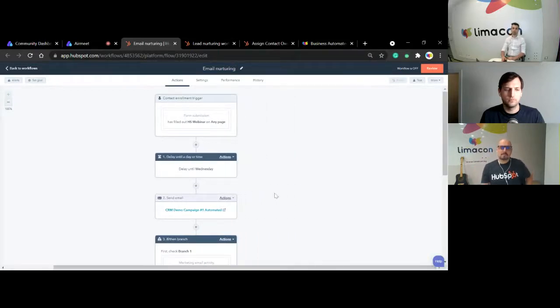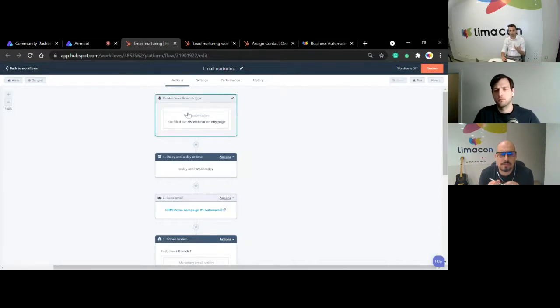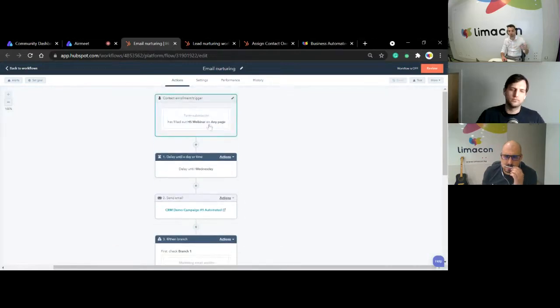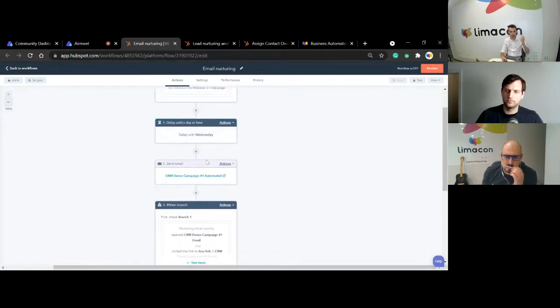Okay. Yes. Basically, you can see, first of all, this is a very, very standard nurturing workflow. What it does, in HubSpot, you can create inbound forms, or they are not even inbound forms. Those are every form that you can see in a website, you can create it inside of HubSpot. So basically, you can trigger an automatic process, which you can see here, based off a form submission. So anyone who fills out any form can then be triggered in a sequence of automated activities that you can program, you can schedule to run